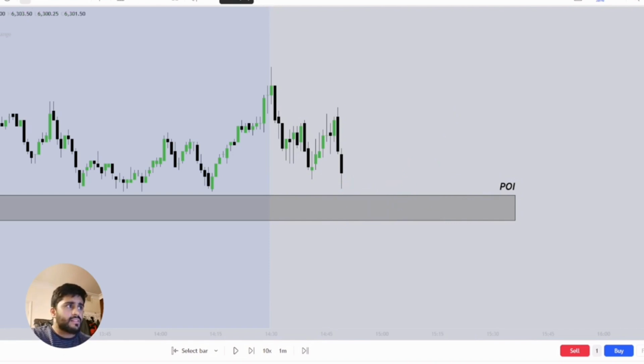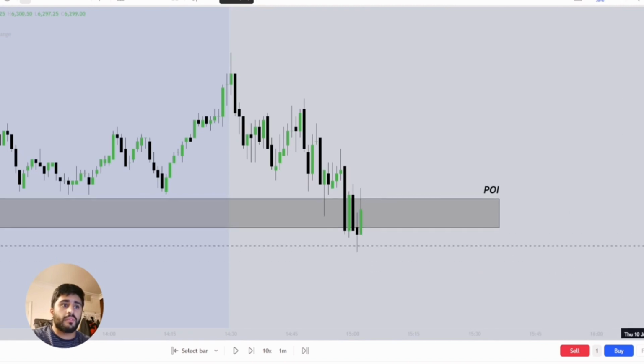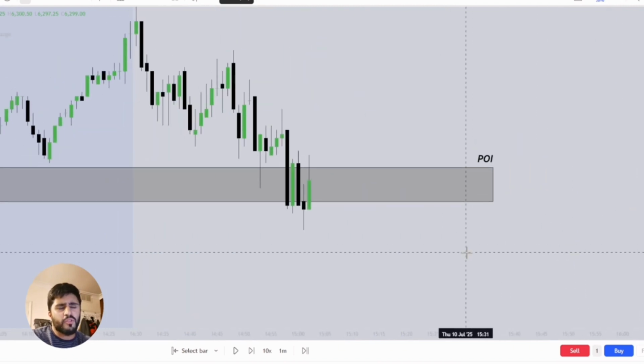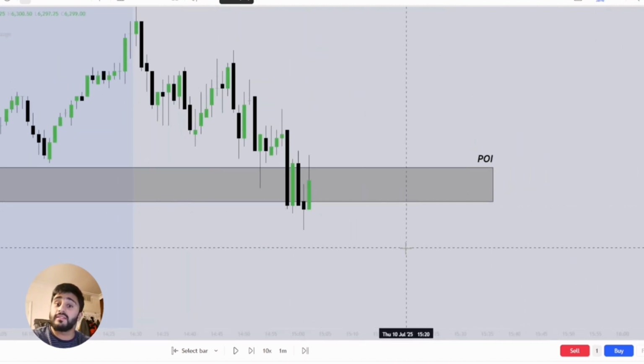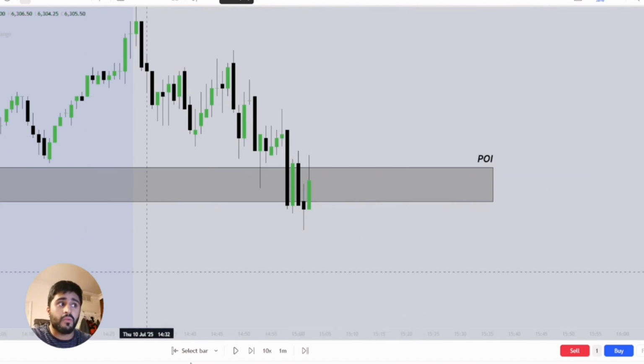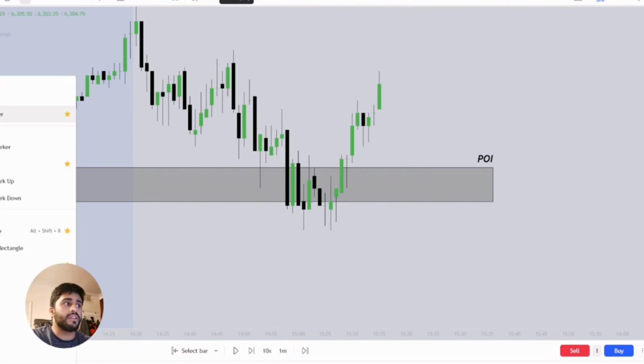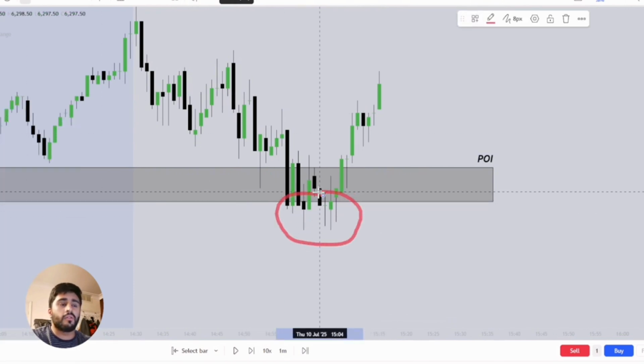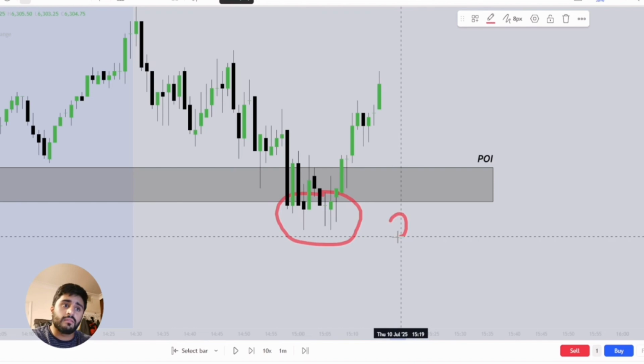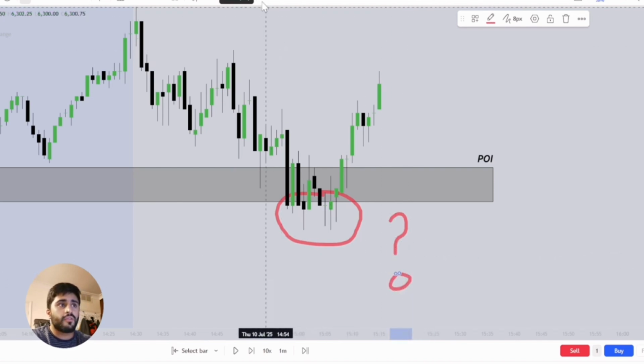So with that being said, let's continue to play price on. What we saw over here, we saw a couple of things, right? So one of the most common questions I get is: is this POI invalid, right? Is this an invalid POI? The reason people ask me that question is because we have seen price break below. So is this a valid POI, right? Stop and ask yourself. So one thing